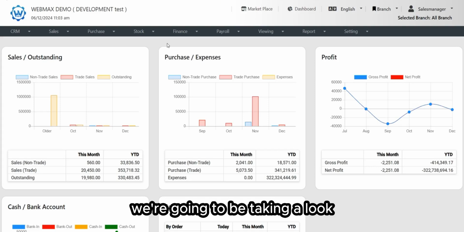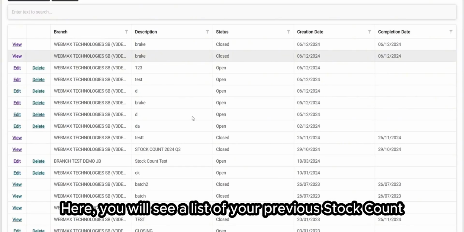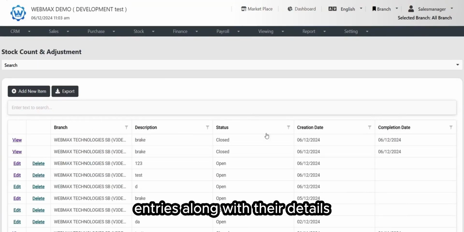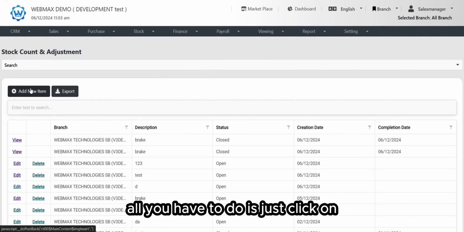In this video, we're going to be taking a look at the stock count module. First, click on stock and stock count. Here you will see a list of your previous stock count entries along with their details. Now, to add a new stock count entry, all you have to do is just click on add new item